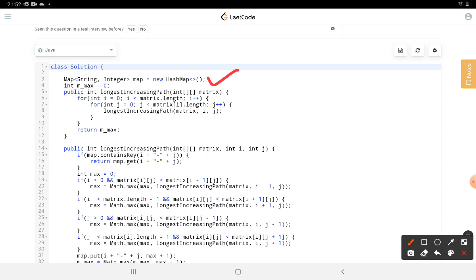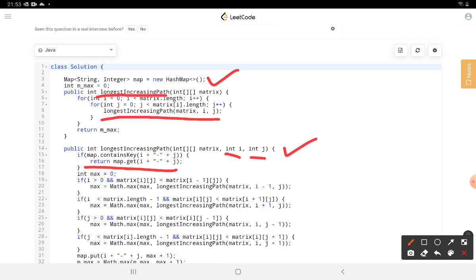So this is the main function, the longest increasing path. In this we have a nested for loop iterating over the rows and columns. So we call a helper function, which is again longest increasing subpath, and we pass this matrix and the i and j coordinates for it. And this function is the main driver function. In this, we first of all take a look in the map itself, the memo, to see if the best path for this cell has already been found out. If it is, we just return that. So the optimization comes into play over here.